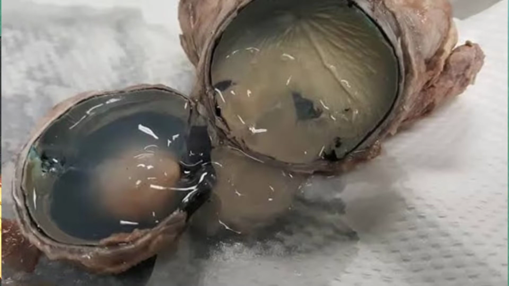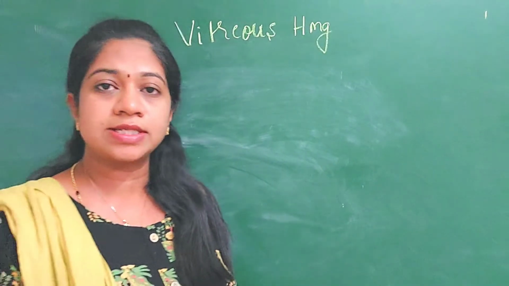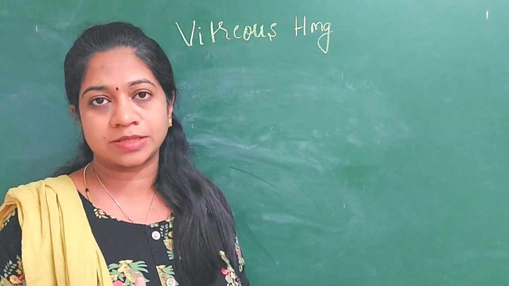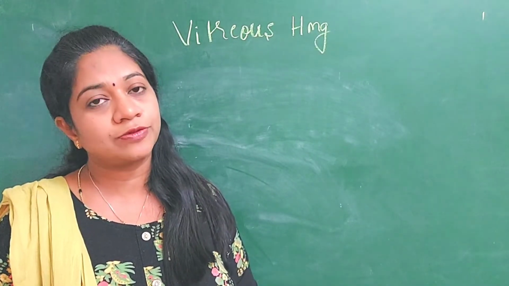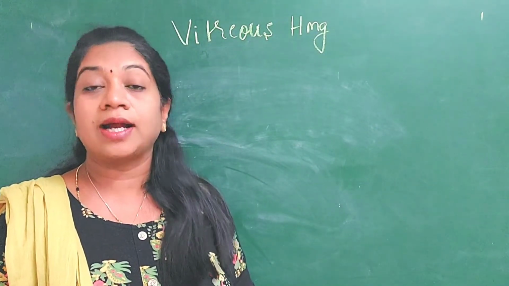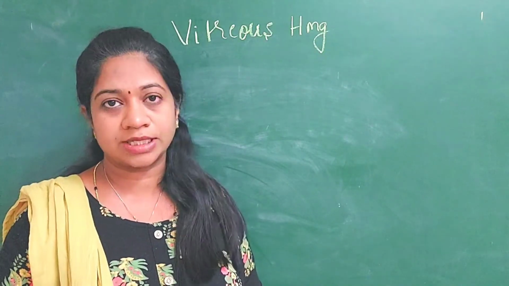The boundaries of the vitreous: posteriorly it is surrounded by the retina all over, and anteriorly by the lens and the zonules which are holding the lens. The vitreous is transparent, hence it helps in transmission of light rays from outside to the retina. This vitreous has very firm attachment to the retina at 4 sites mainly: the vitreous base, the optic disc, the exit of the vortex veins of the retinal vasculature, and the fovea. Whenever there is traction or pull at these sites, it can lead to vitreous hemorrhage.